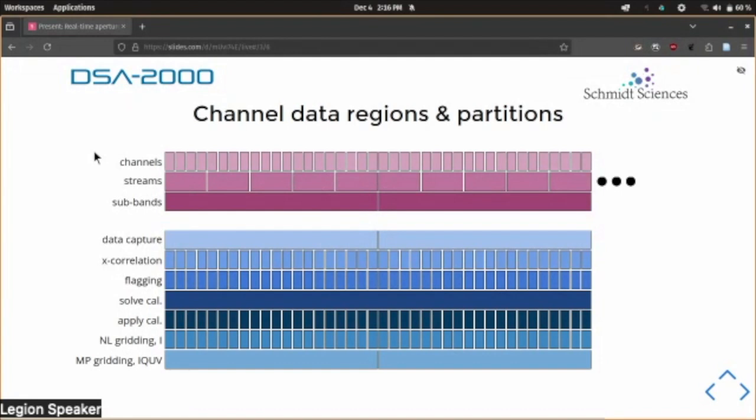Data capture, I showed here as one data capture task partitioned into 2 pieces. It doesn't have to be that at all. It may make sense to have multiple threads doing the data capture, so that's a single one. But everything else is pretty much one for one. We can do cross correlation acting on a single channel. Flagging, same thing. Applying calibration, same thing. The narrow line gridding is just a one-to-one relation between input channels and output channels. Those are all one-to-one. The big exception, well, there's the one at the bottom, and that's, like I said, the wide average channels,